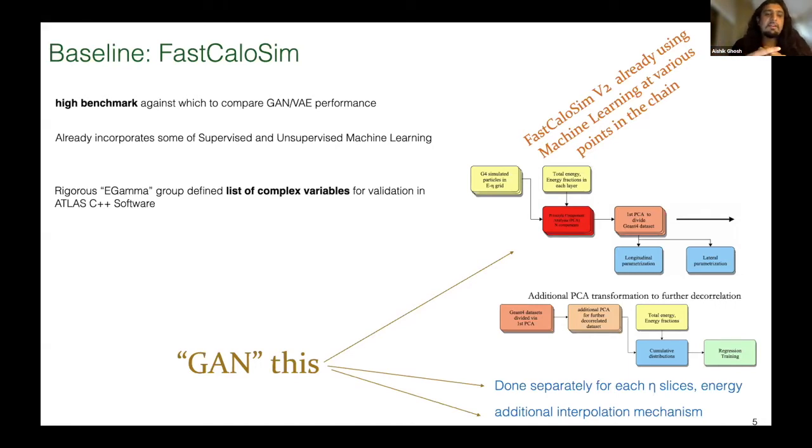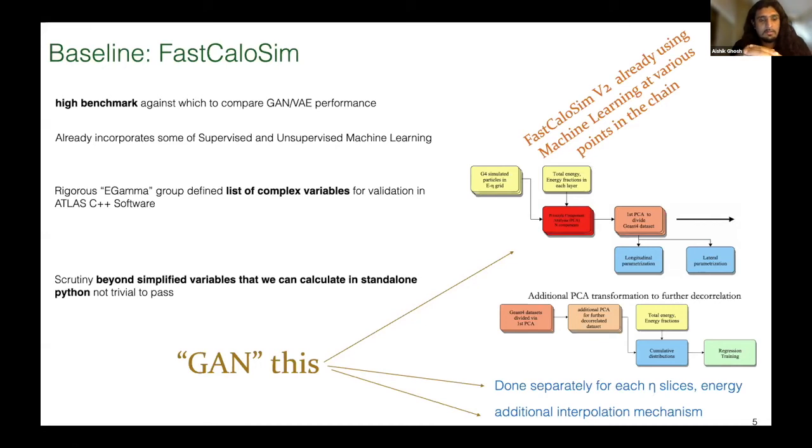For example, we have a list of complex variables that we know we have to validate against to make sure that our network is doing what we think it's doing. And these are usually much more complicated than the simple physics variables that we can calculate standalone in Python. So they involve clustering algorithms